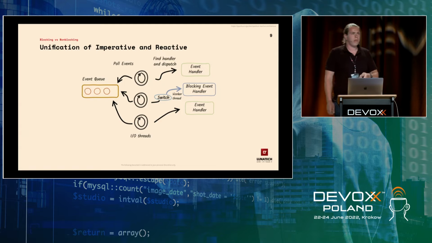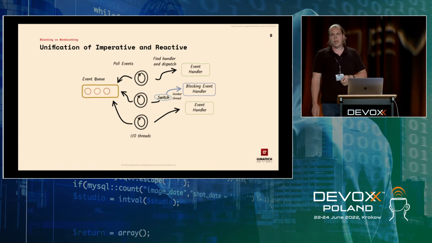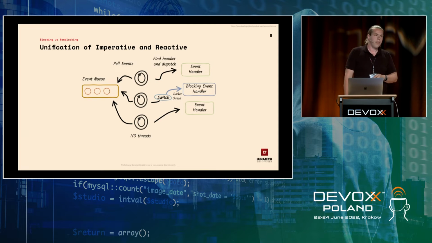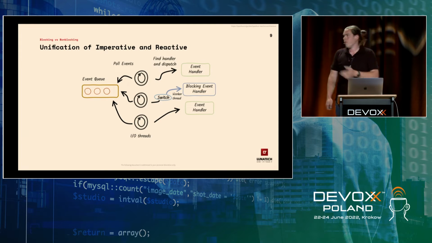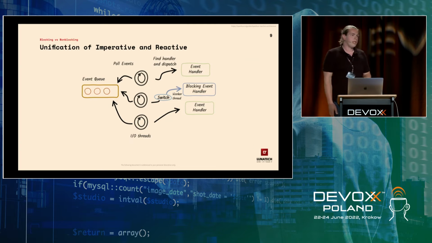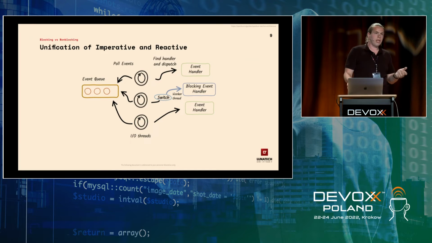But if they decide, well, there's actually a blocking operation, and I'll show you later as well that we can make that explicit in the code as well, then we switch that to a worker thread. So even if we're in the reactive world, doing everything on I/O threads, sometimes you still need to block. That's possible, then it will actually switch context and execute on your worker thread pool. And in the meantime, we can do all the other work with event handlers on the I/O threads.